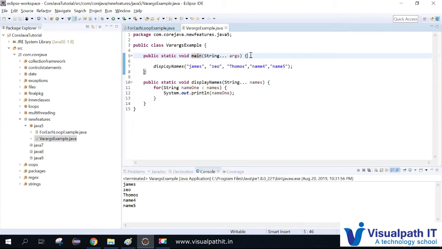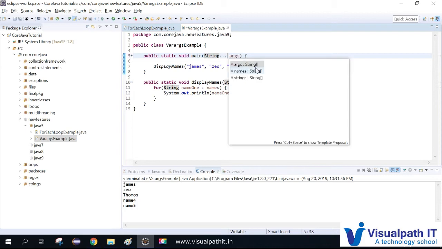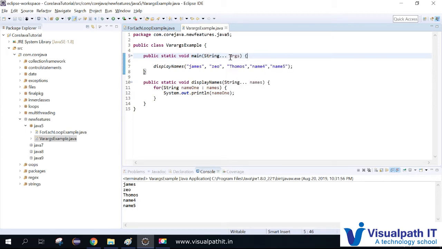So make sure whenever you're attending any interviews, try to program in a unique way so that the interviewer will be impressed easily. Instead of writing the regular way, the main method with String args as an array data type, if you just use 3 dots, mentioning varargs, then definitely your interviewer will ask you why you are writing 3 dots here. What is the advantage of using 3 dots? Then you can tell him.